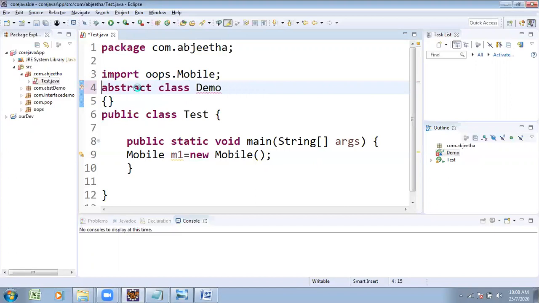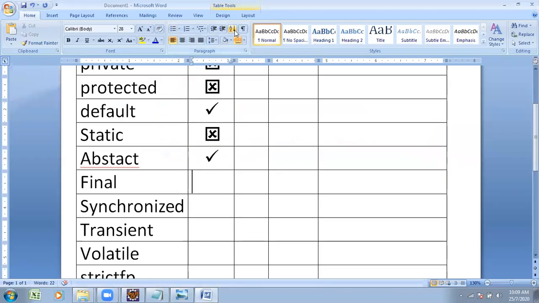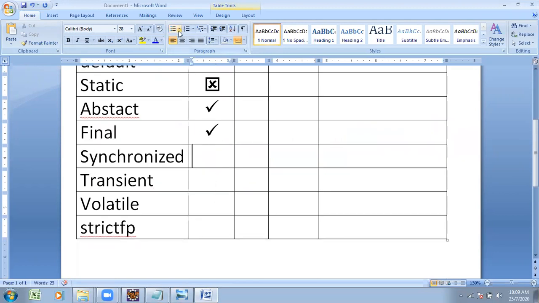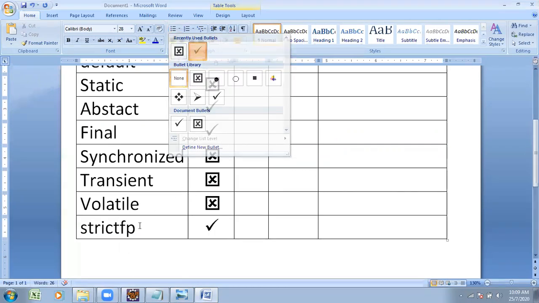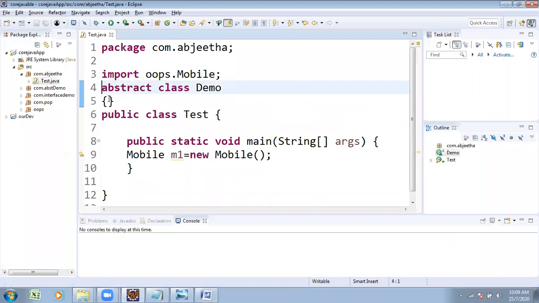You can declare the class as either abstract or final, but not both. Before the class, there is no chance to declare it as synchronized. Transient is also not supported, and volatile is also not supported, but strictfp type is supported. We can declare the class as strictfp, and strictfp with abstract or without combination is also supported. No problem.